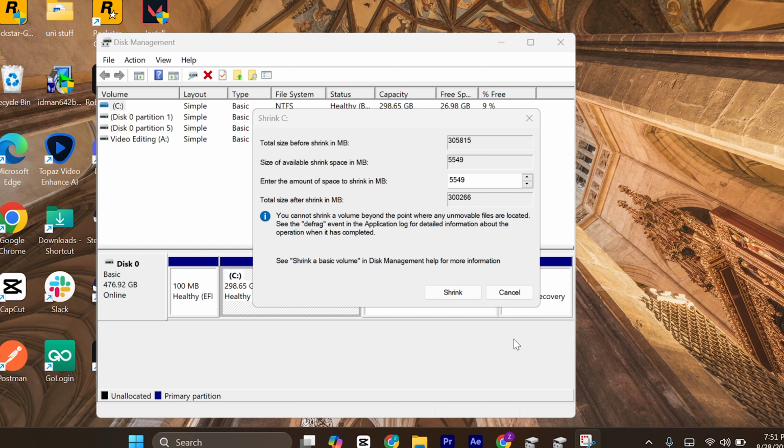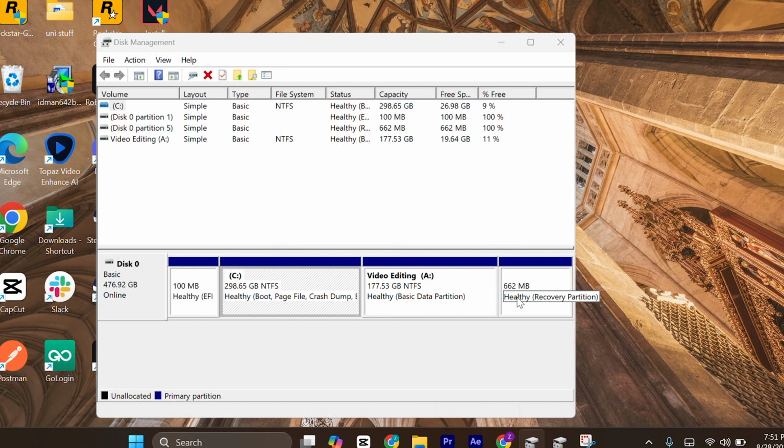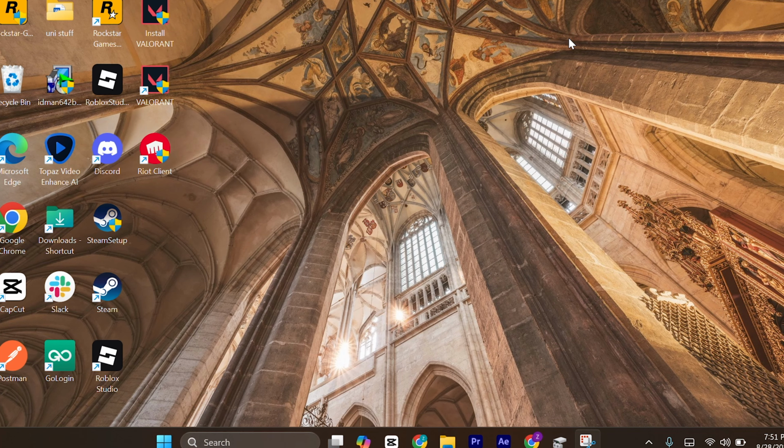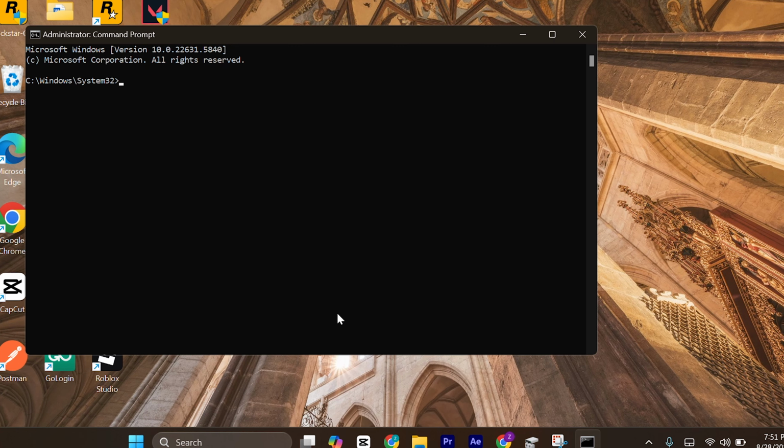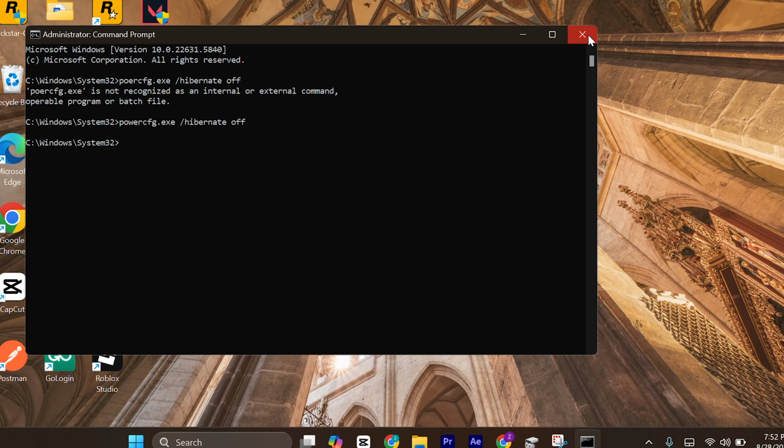just close out of here for a second and head over to the search bar and search for command prompt and click on run as administrator, and then type here powercfg.exe space /hibernate space off. So here you can see, just hit enter and then close this, and then head over to